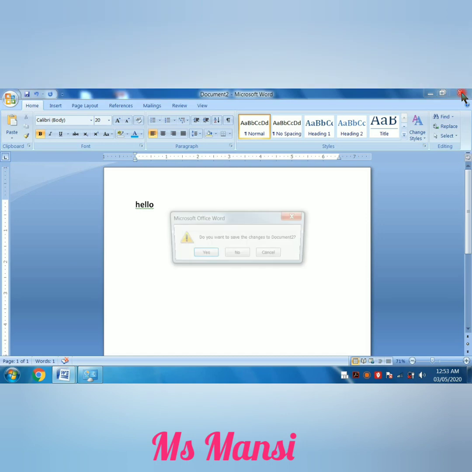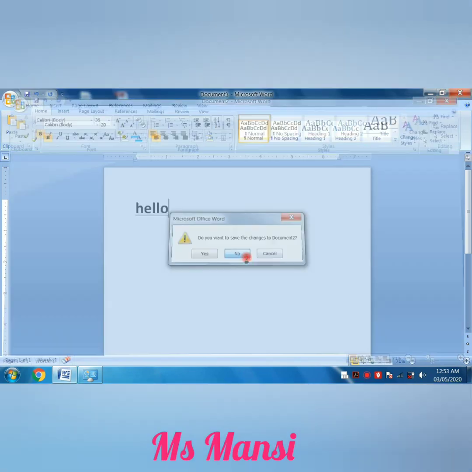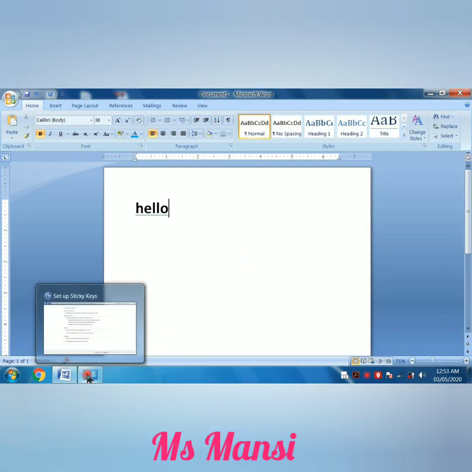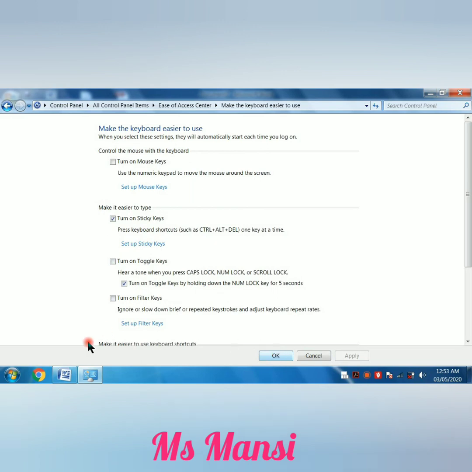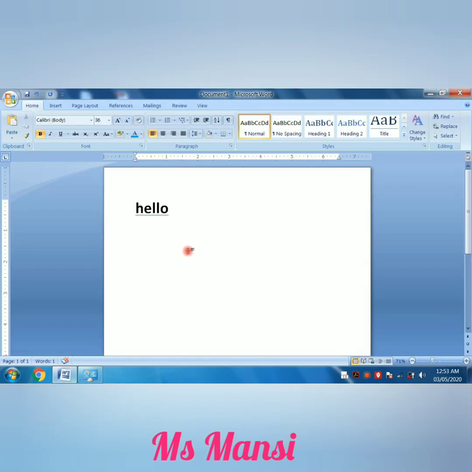Okay, so I am again unchecking the settings which I have changed. See, now if I want to save this, then I have to press both, because now I have unchecked these sticky keys.